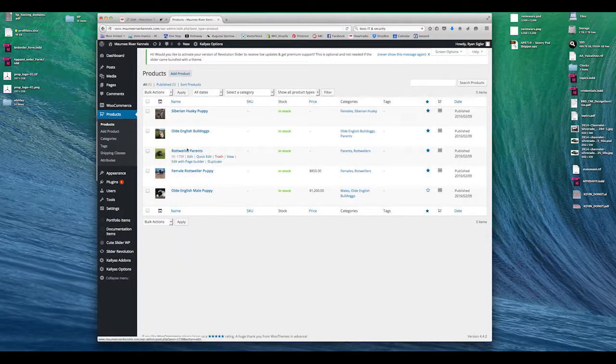Okay, so here are the products I currently have. These are all sample products that I've created that may or may not be right. You have to add your price in and all of that. So you can duplicate one of these, and you just have to go in and edit what I've already done. So basically, if I duplicate Siberian Husky Puppy here,